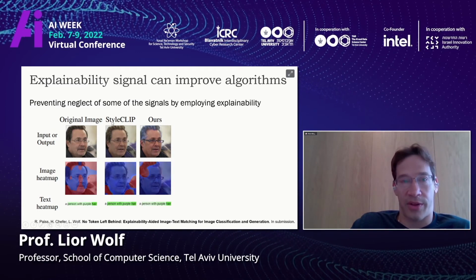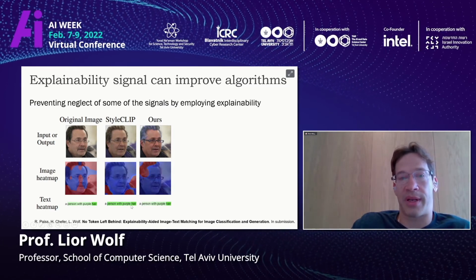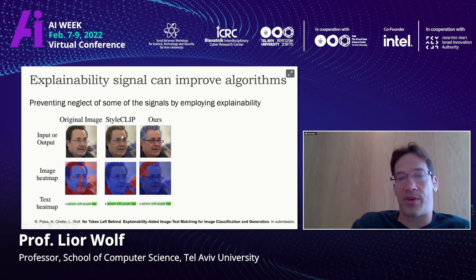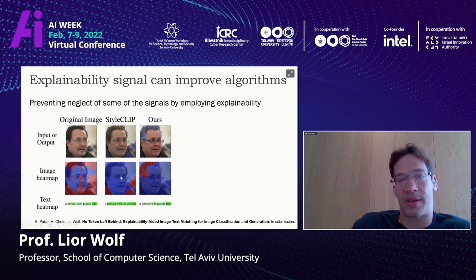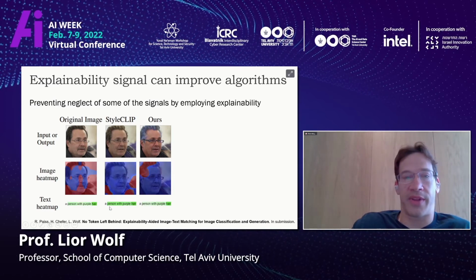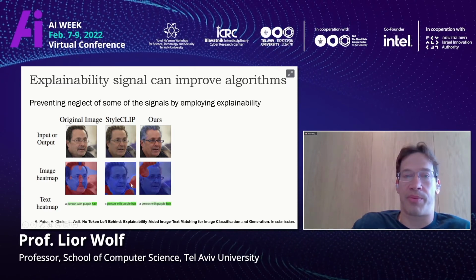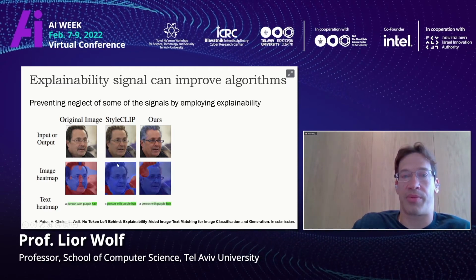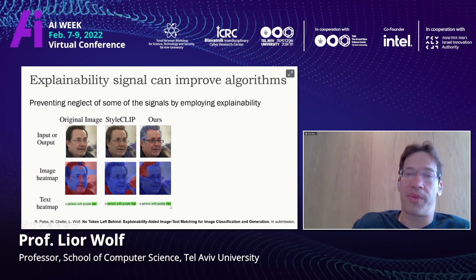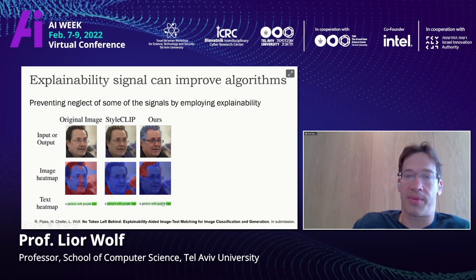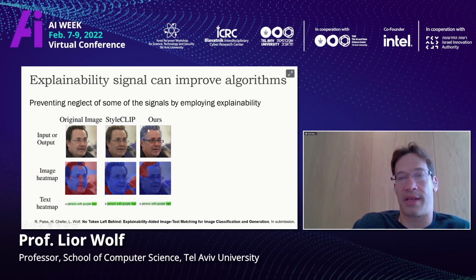So this is a very powerful method called StyleCLIP for modifying images based on the text. But when you ask it, a person with a purple hair, well, it never saw many men with purple hair. So it basically leaves the input image untouched. The attention mechanism attends to everything, doesn't make any emphasis on purple, and the attention for the image, the red parts, doesn't look at the relevant hair part at all. With our method, we prevent this neglect, and then we make the system focus on the hair, on the purple part, on the actual hair, and it is able to create the image with the purple hair.